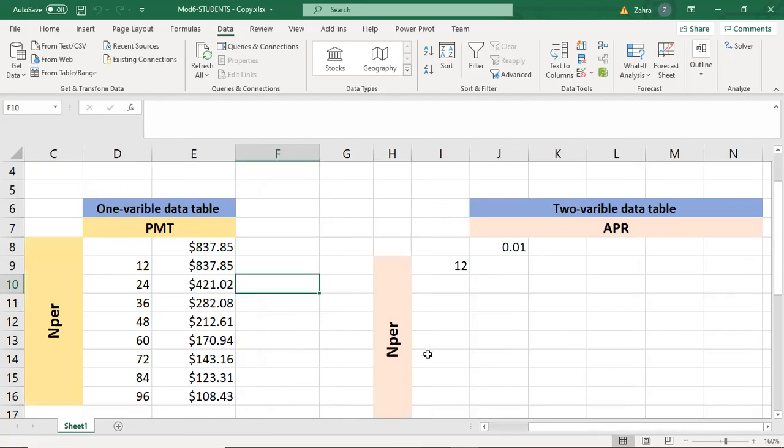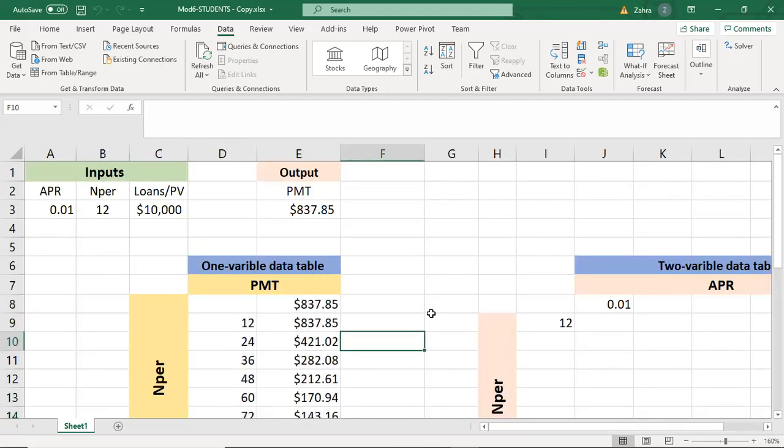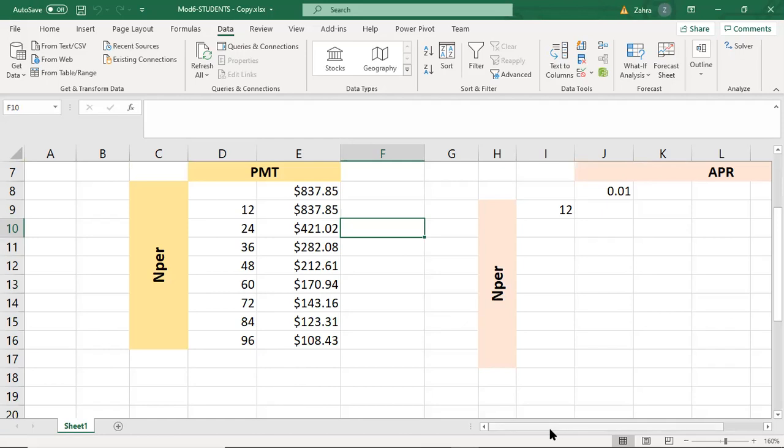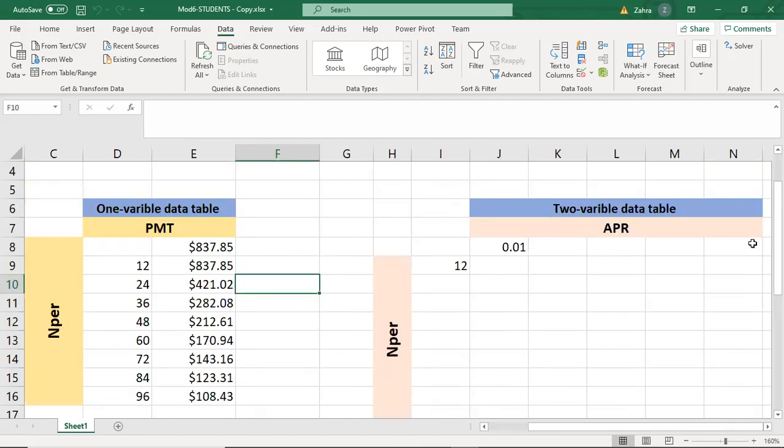So what if the bank or that loan company gives me more options? They say that okay, you can pay in like 8 years, but you can also take different APRs, different interest rates, right? And that's actually what's happening in the real world, right? They say that you can pay with this interest rate in a year or that interest rate in 5 years and so on and so forth, right? So I go to this fill option